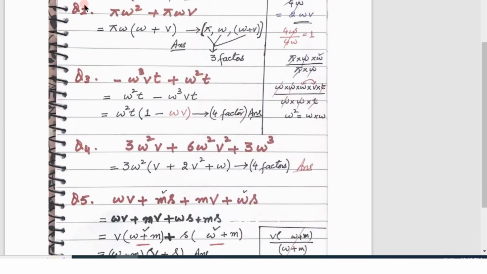So this is the answer. Come to question number 2. Similarly, we will pick up common. Pi W is common. We will divide both the terms one by one and we will get W plus V